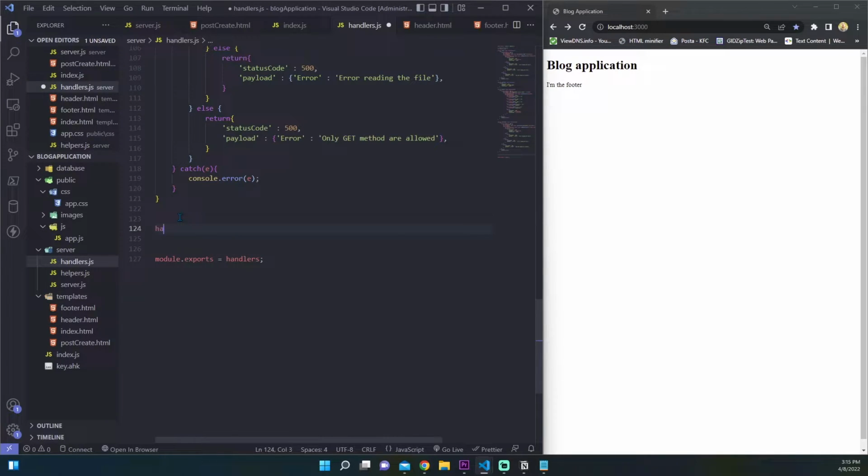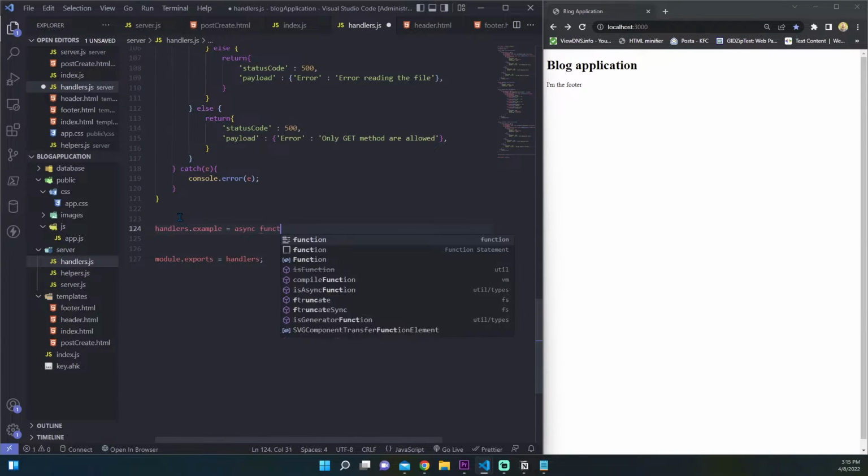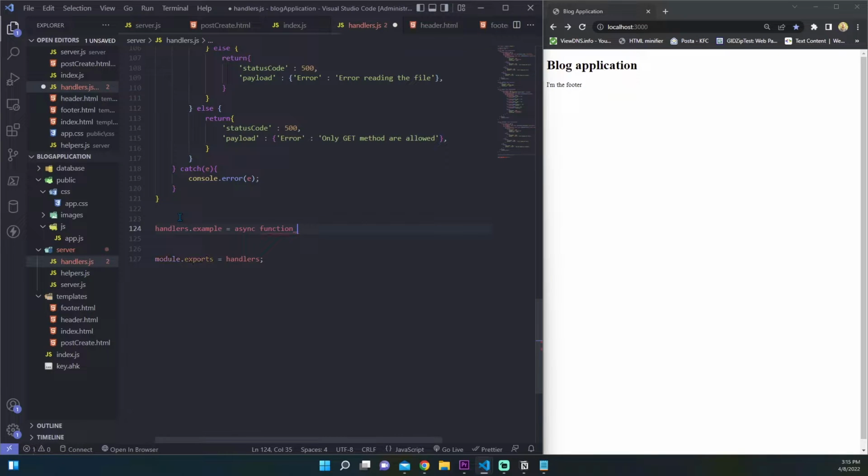Let's say handlers.example is equal to an async function and we want to pass the data, okay, from here. Now here we only have to grab our payload data and console log it inside our terminal. So we can say, for example,